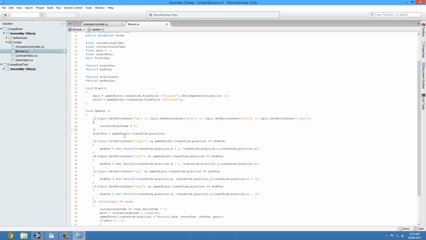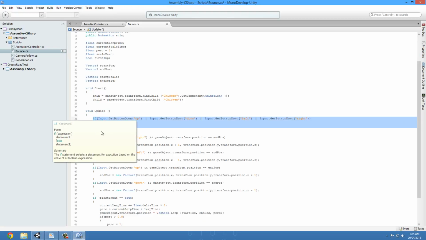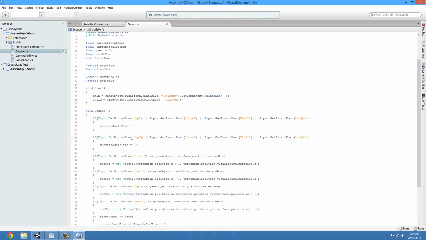Well, we're going to add it in too. So get rid of this start pos equals, copy this block and paste it right here, but here's the difference. Instead of GetButtonDown, we're going to have GetButton. The difference is that GetButtonDown is called the frame that the person presses the key,